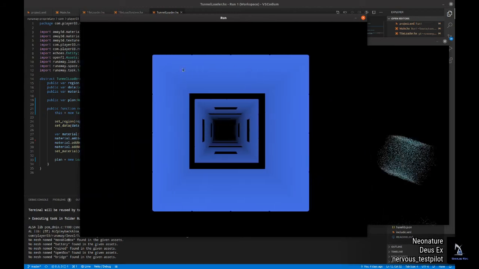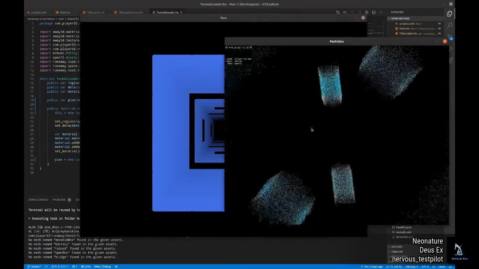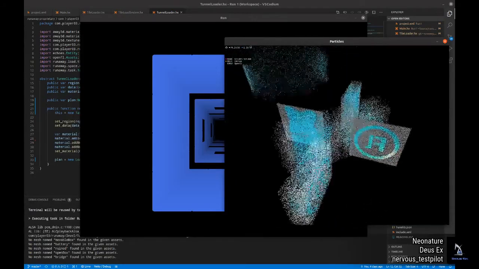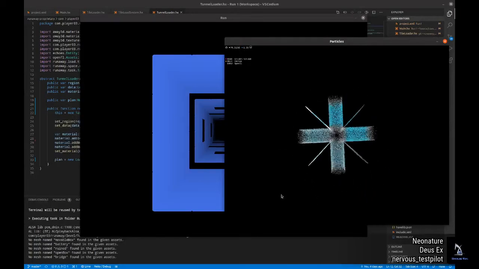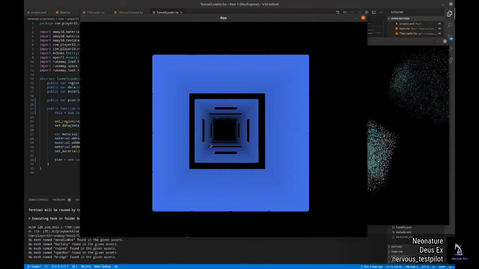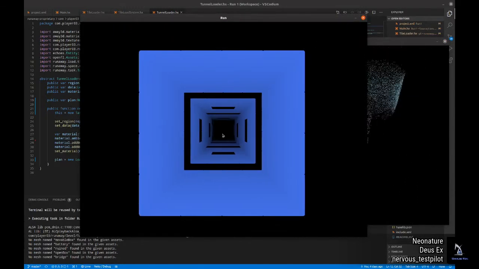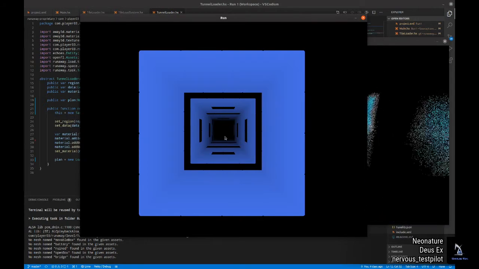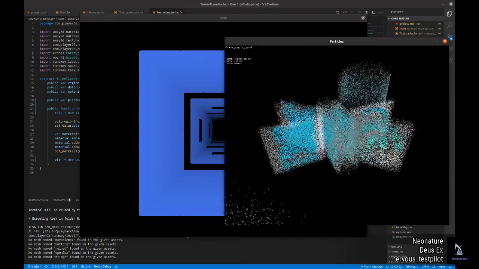It's because each tunnel, or each tile, has a starting point. Each particle, in fact, has a starting point, and it uses those starting points to estimate the boundaries of it. The thing about these tiles is that they're all starting in the very center of the screen here, up kind of close to the camera. They're all starting there, and then